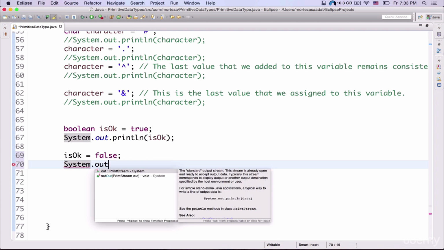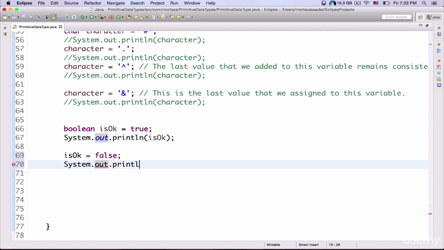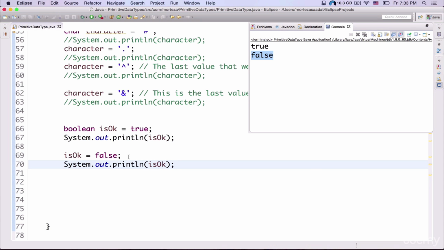Now I want to output the value of this variable to the console. System.out.println, and then inside the parentheses refer to the name of this variable, put a semicolon at the end of your statement, and run your project. As you can see,